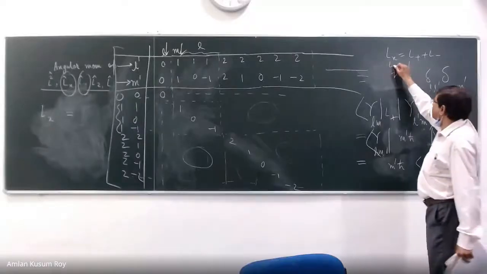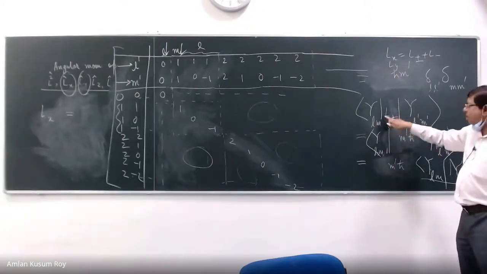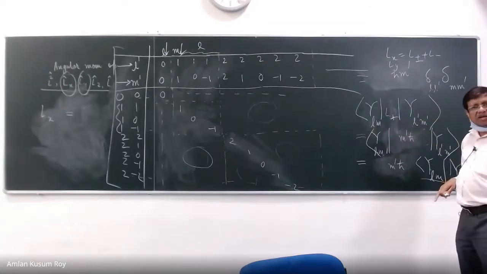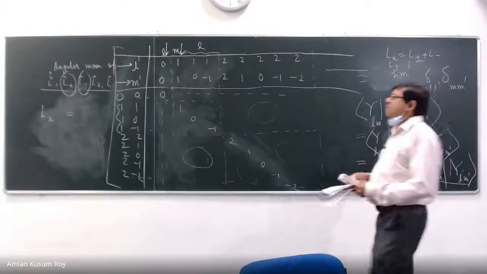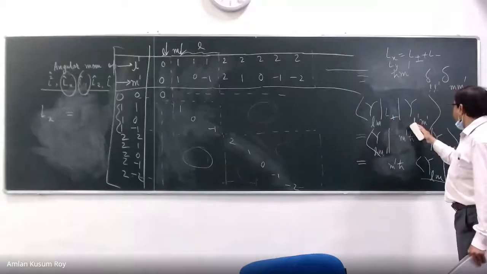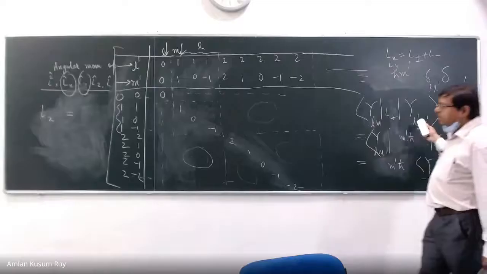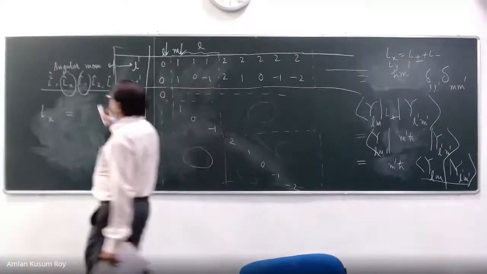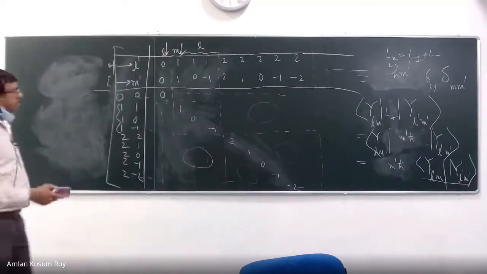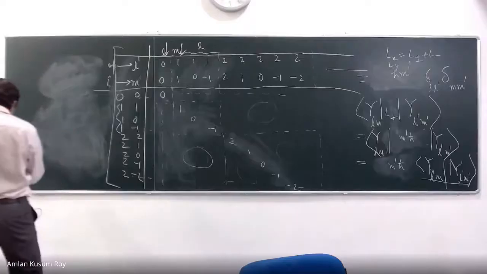Right? Similarly, Ly also can be written like this. So the essence of my question is I need to write out what is L plus and L minus. So, what is L plus and L minus? You need to write L plus Y L prime M prime. Is that clear? Yes.